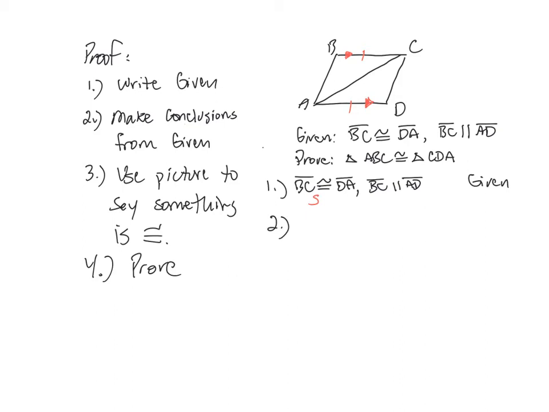Okay, step two, make conclusions from the given. Well, BC is congruent to DA. When something's congruent, there's no conclusion to be made. We have the information because the goal is to say that for today, two sides and an angle that's included are congruent. So I need to say two sides and an angle are congruent. I have the side BC and DA already congruent. So BC is parallel to AD. I need to make a conclusion with that information. Okay, and so let's come down here to the bottom left-hand corner. When you see parallel